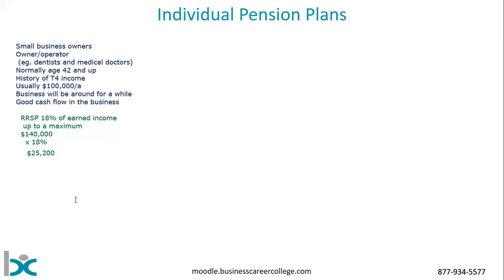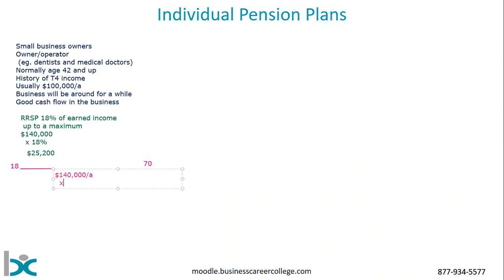That's about where the RSP maximum sits. Like I said, it's a little higher than that today, but just to keep the math easy, we'll just use 140 times 18%. So if you look at somebody at any given age throughout their working life, let's say from ages 18 to 70, and let's say that person always makes $140,000 a year,